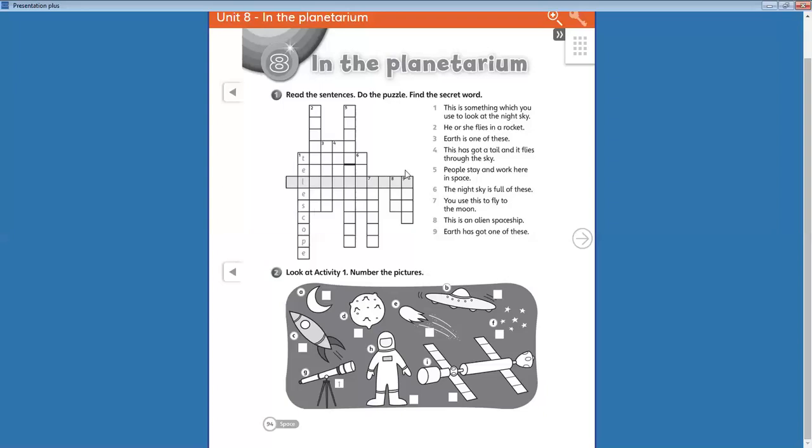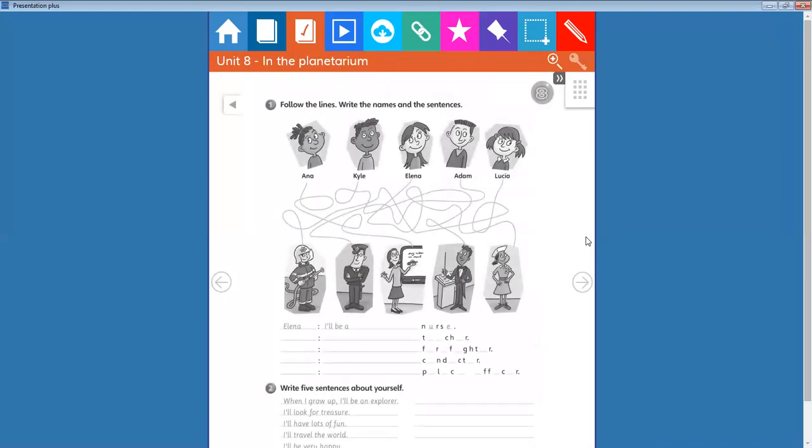Yes, for the next exercise, look at the activity number 1. If you finish this activity, look at this activity and number the pictures. Okay. Number 1, telescope. What is a telescope? Yes, it's here in picture 9. So you have to number these pictures this way. The next page is about